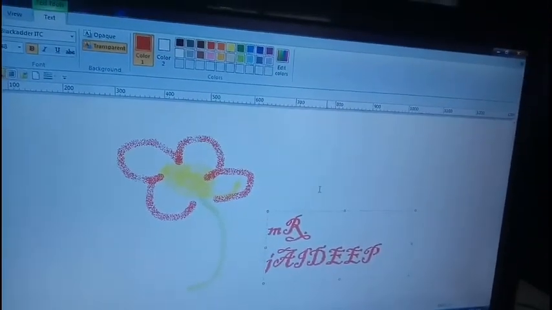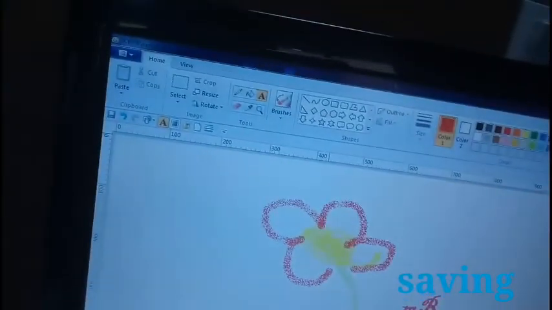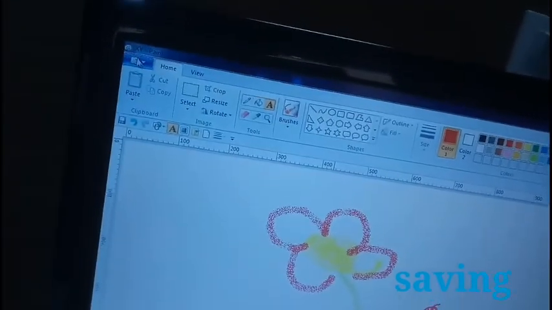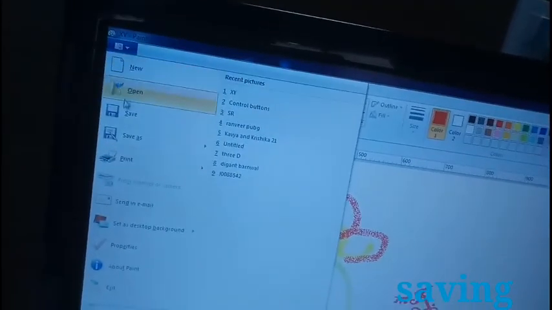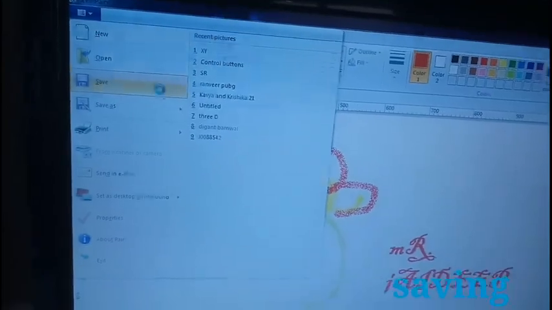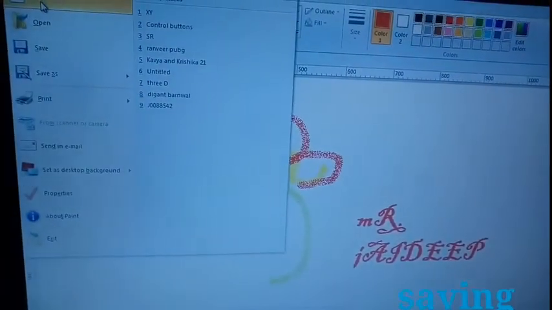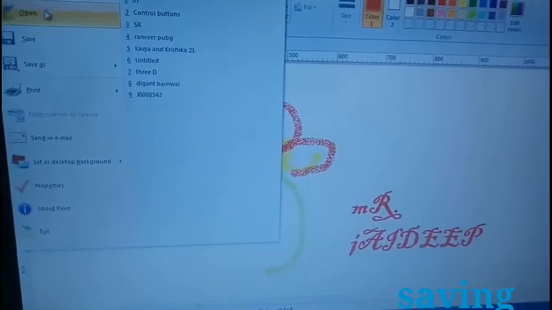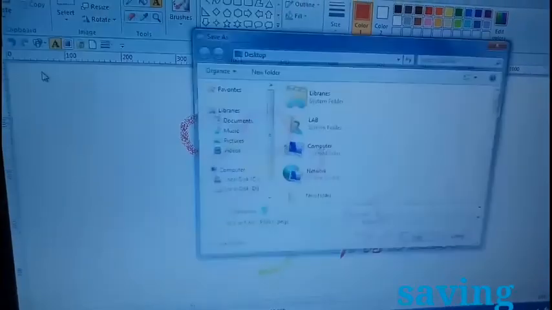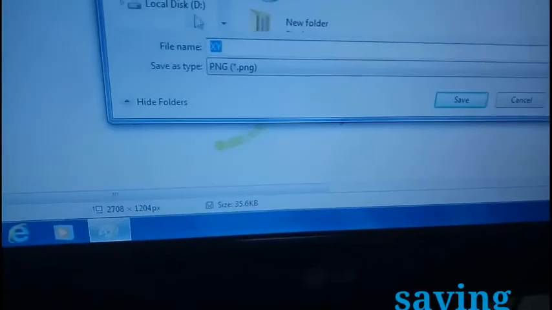Now I want to save it. How do I do that? First I will go to File, then I will click on Save. I will go to Save As, and the dialog box will come.